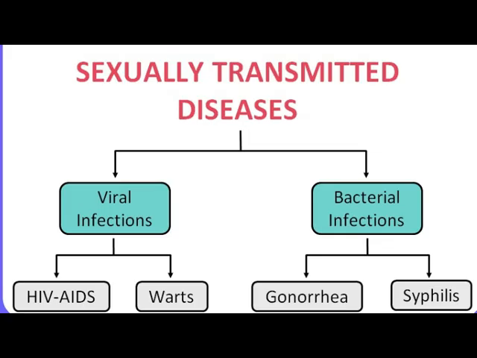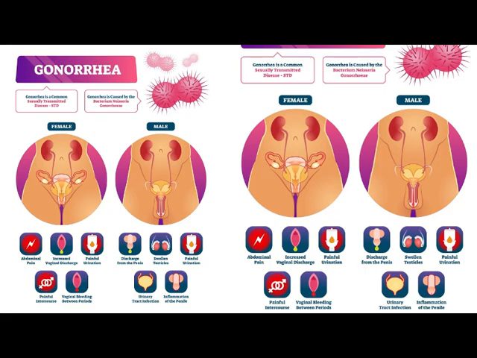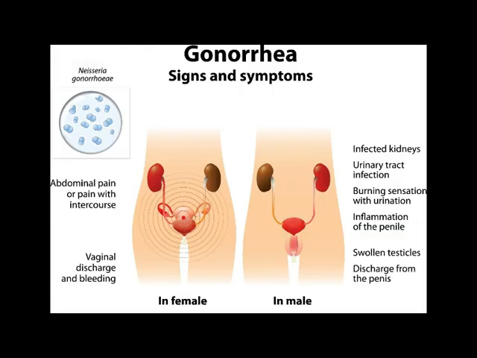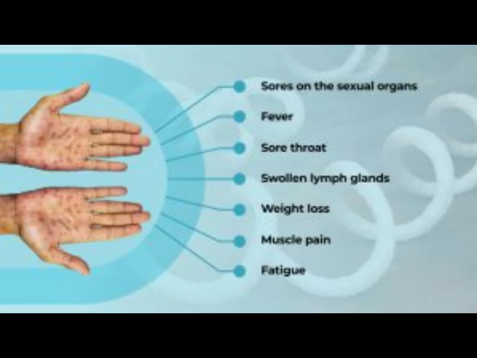So what is gonorrhea? Gonorrhea is caused by the bacterium Neisseria gonorrhoeae. The victim feels a burning sensation and pain during urination. The disease causes inflammation of the mucous membrane of the urinary tract, rectum, throat and eye. There may be pus from the penis and excessive secretion from the vagina. It spreads by sexual contact and through infested clothes. The disease is easily curable with antibiotics. If it is diagnosed in the early stage, it can be cured by taking antibiotics.